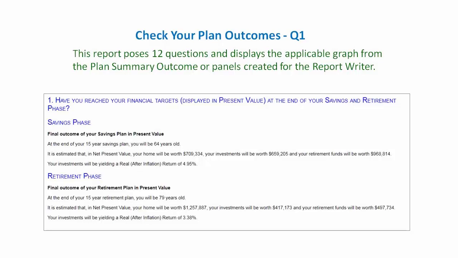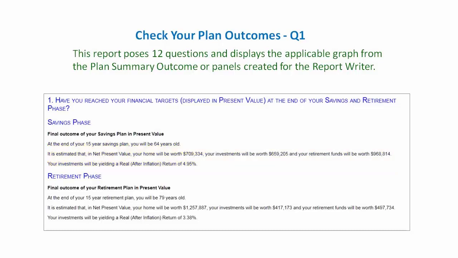The first questions simply ask, have you reached your financial targets at the end of both the savings and the retirement phase? There is a small description written as, at the end of your 15-year savings plan, you will be 64 years old. It is estimated that in present value, your home will be worth $709,000, your investments will be worth $659,000, and your retirement funds will be worth $968,000. Your investments will be yielding a real return of